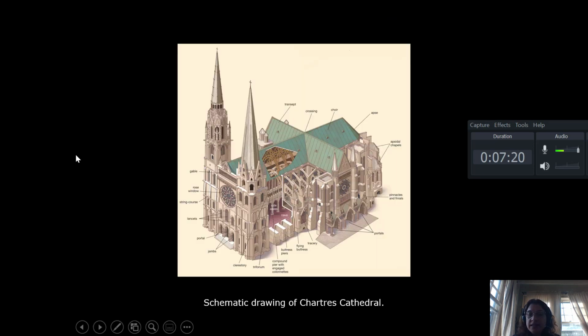So the interesting thing is that this cathedral was a Romanesque cathedral, but it burnt. It burnt to the ground, except for this one spire. This one section here in the front was saved. And the story goes that there was the relic of this tunic that Mary had worn, and everyone thought that when the church burnt, this relic was lost, and this would be a big tragedy for the church because the